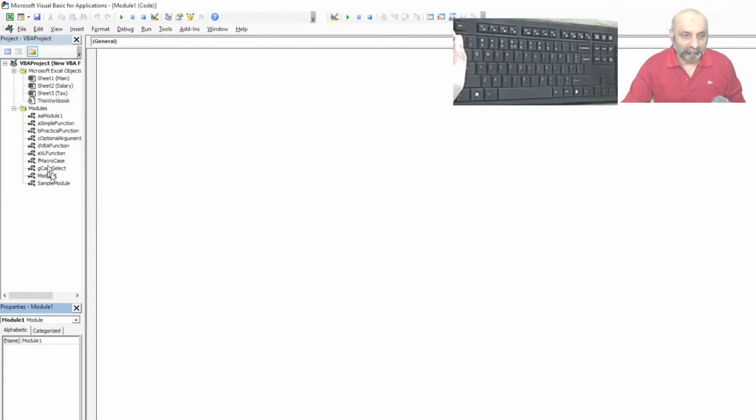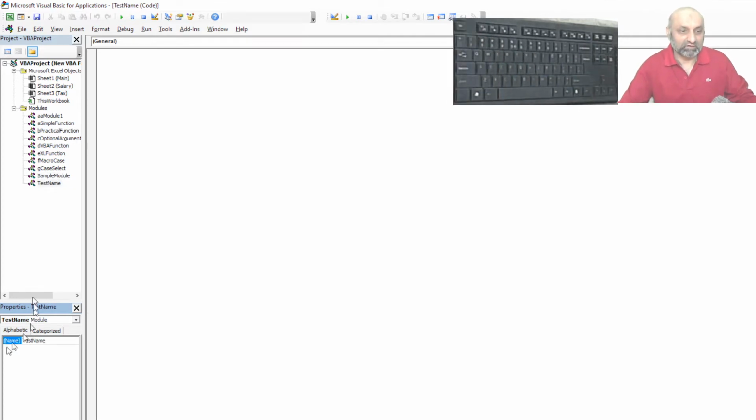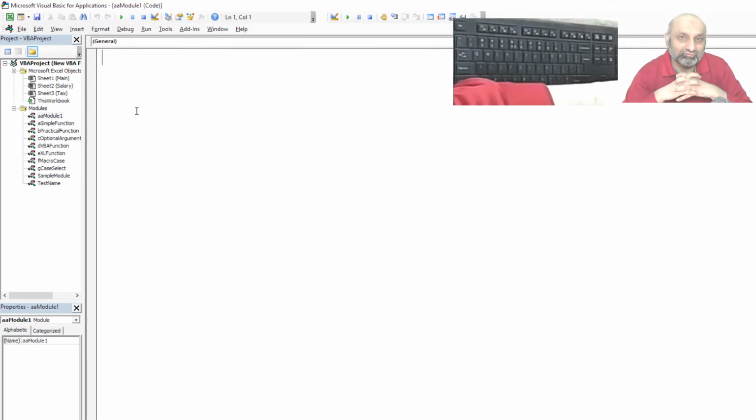In the properties window when I click on module 1 I can have this name, and I can say whatever test name. As soon as I press enter, the test name will appear in the module list. So let's go into our first module and let's create a new function.